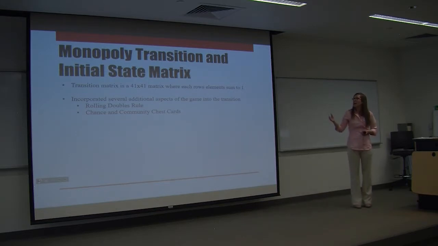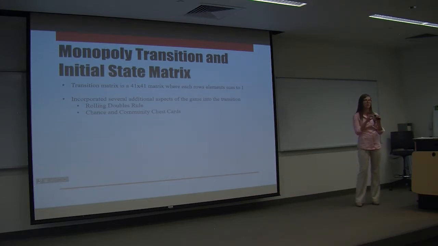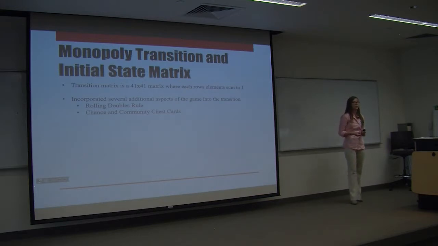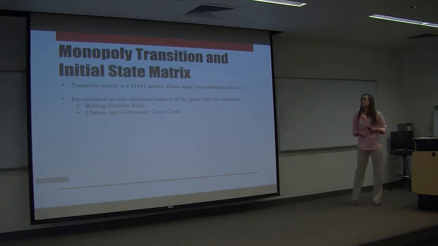After that, I went into figuring out the Community Chest and Chance cards. As I said before, Community Chest and Chance cards have the possibility of sending you to multiple different places or keeping you where you are. So when you're dealing with one of those entries that represents a Chance or Community Chest space, you have to break up that probability into all of the different places it could possibly go, leaving a remaining probability on that space. And I basically had to do that for every row of my transition matrix where you could possibly end your turn on a Chance or Community Chest card. So once I did all of that,